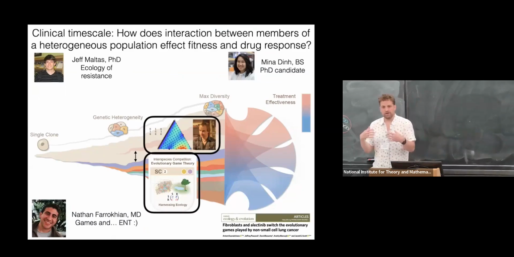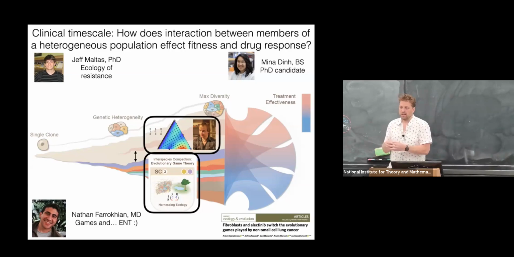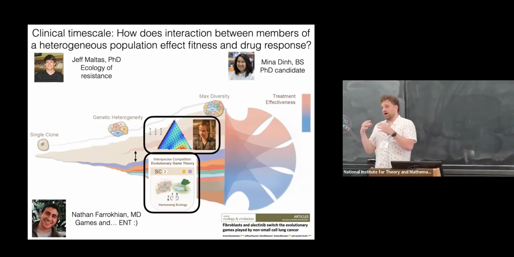So I'm going to reframe the rest of the talk around this ecological or clinical timescale. So this is fast, where mutation does not matter. Maybe it probably still matters, but it might not have time to interact. What I think's really interesting about cancer in particular is that it's one of the few places where these timescales get shoved together, because a lot of times you can ignore these ecological effects in bacteria because it goes so fast. Well-mixed experiments are probably just as good as spatially derived ones. Don't shoot me for saying that.